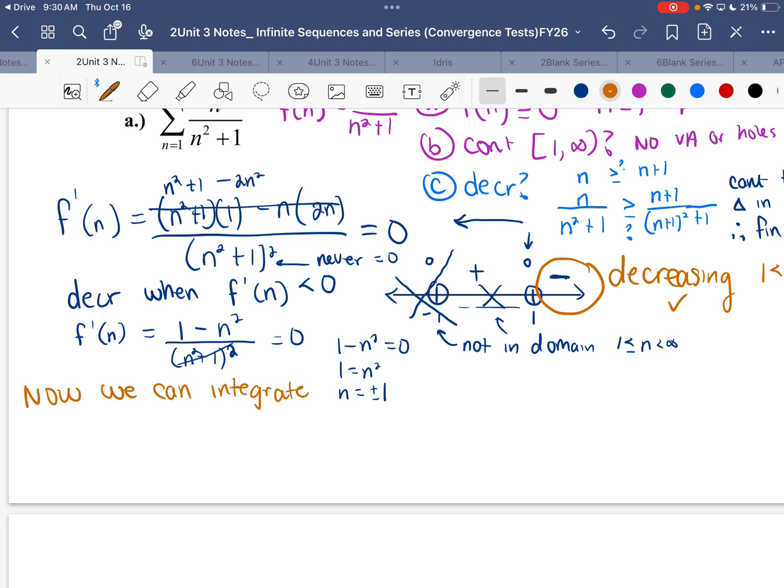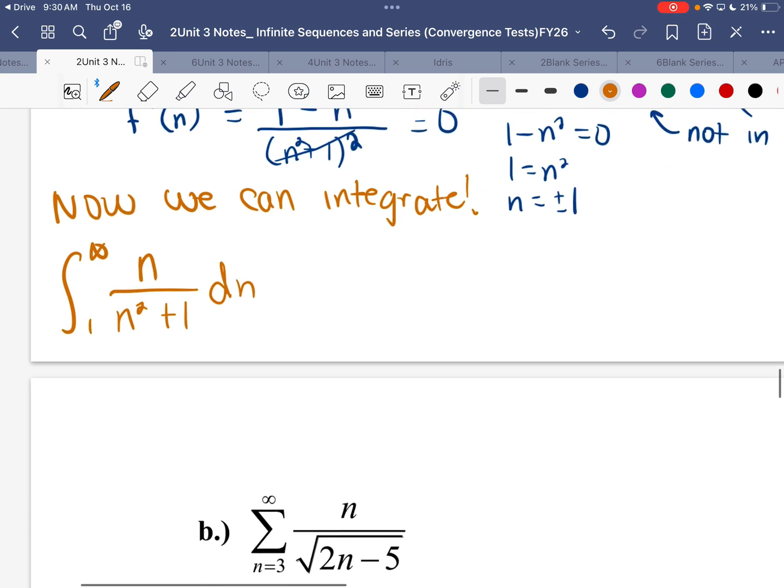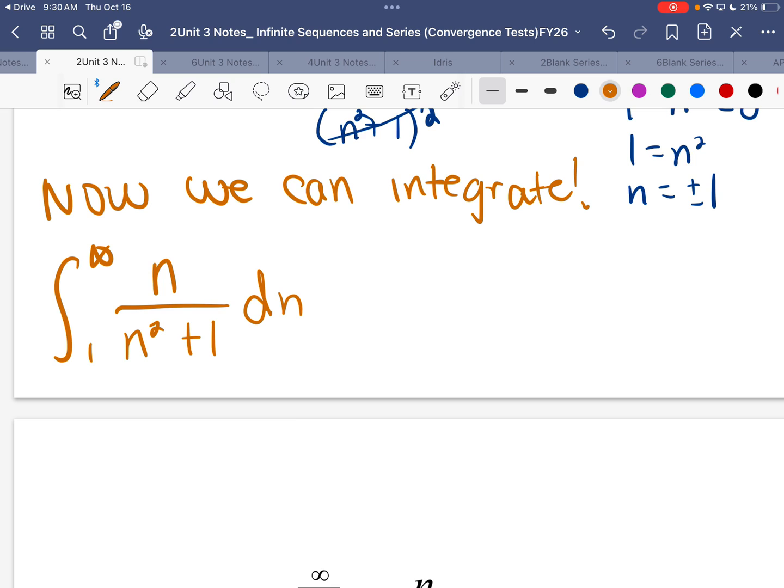Your favorite thing, integrating, because you're great at it. Ooh, I think this was a question on your test that a lot of you thought needed to do partial fraction decomposition for. No. What integration technique are you going to use? U sub. U is n squared plus 1. du is 2n dn. So then we're going to have,